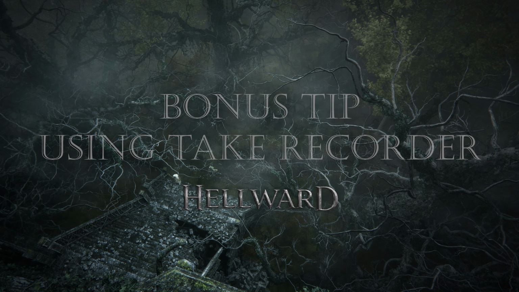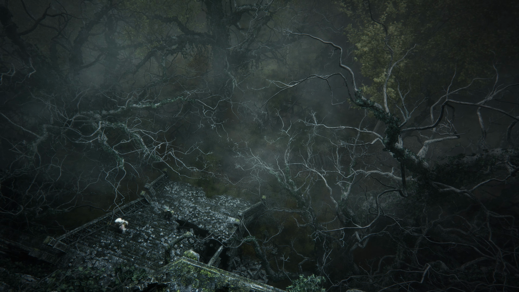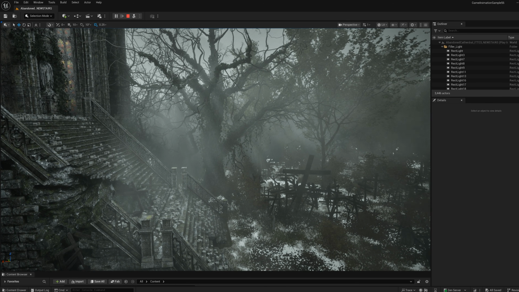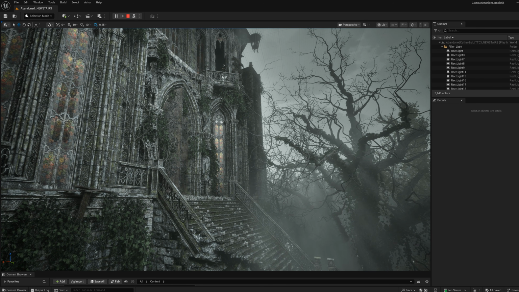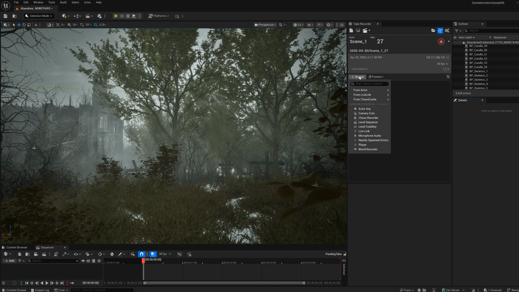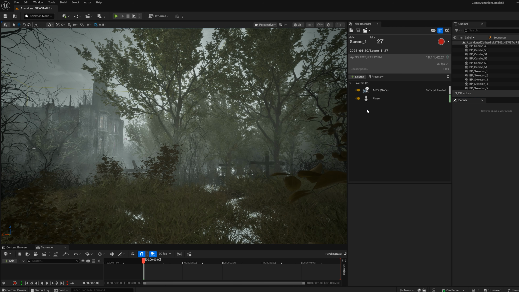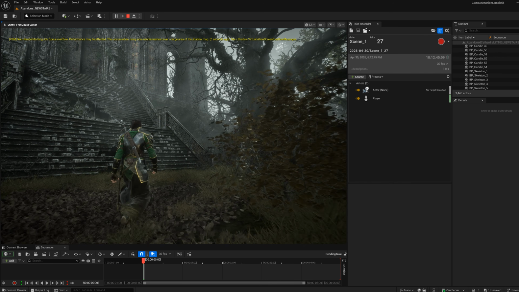For the end shot, I wanted to add this overhead angle of the heroes walking towards the church ruins. At this point, I ran out of Quick Magic V coins, but I also didn't quite know how to approach the mocap with the stairs. So I decided to approach this with a different solution, using the take recorder to record gameplay animations directly to the sequencer. Make sure you set the frame rate correctly and add all the relevant actors. Then simply hit play and start recording.